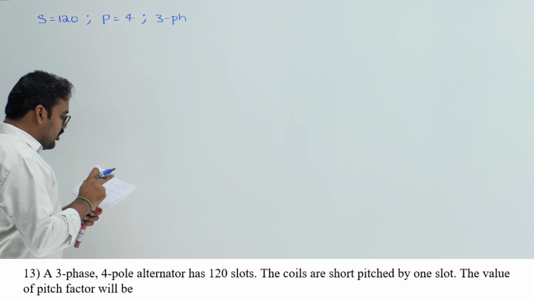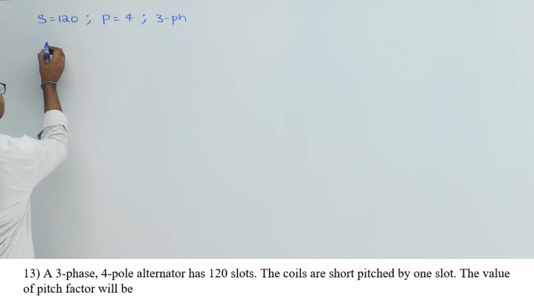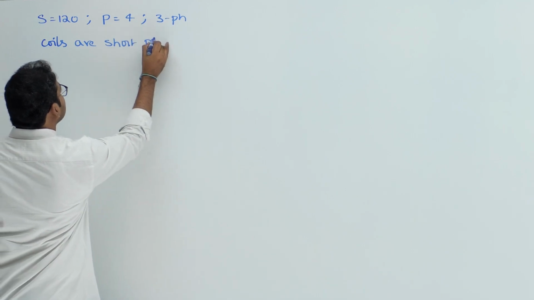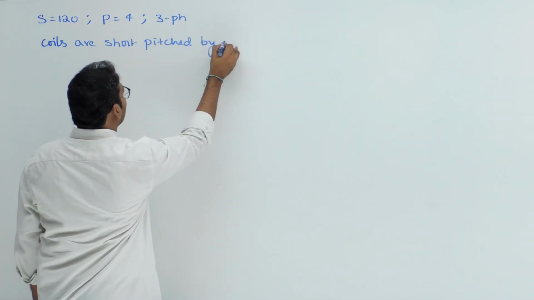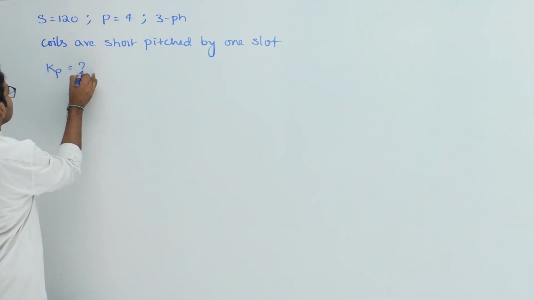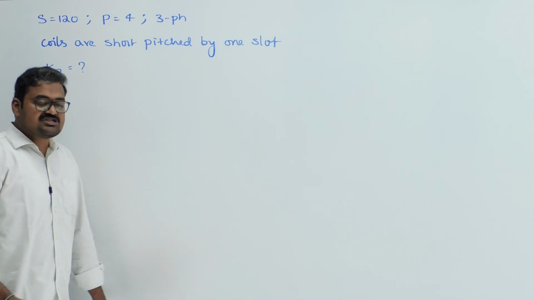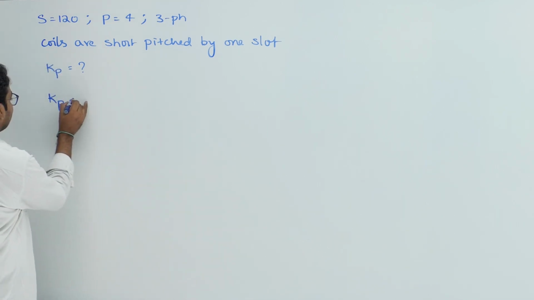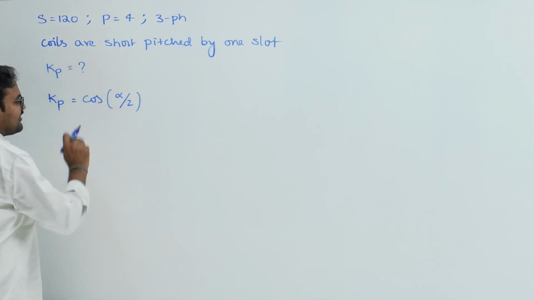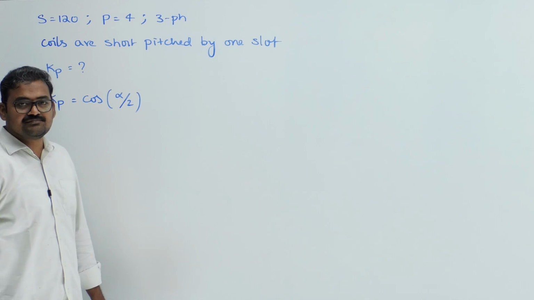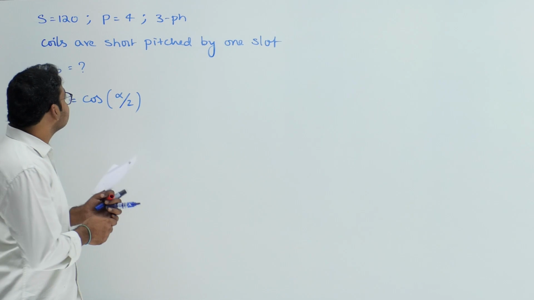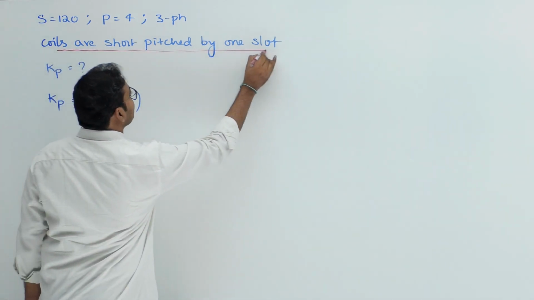The data is coils are short pitched by one slot. Then calculate what is the pitch factor is the question. So to calculate pitch factor, we know the formula for pitch factor is equal to cos alpha by 2, where alpha is nothing but short pitch angle. But in the question, short pitch angle is not given directly, but they said coils are short pitched by one